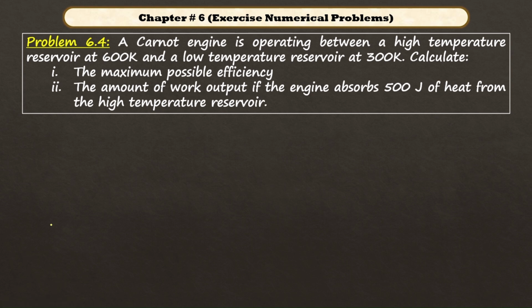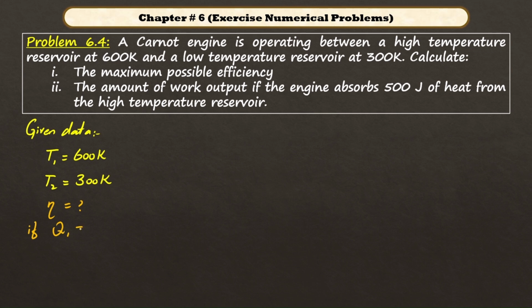So given data, T1 is equal to 600 Kelvin and T2 is equal to 300 Kelvin. Eta is equal to question mark, and if Q1 is equal to 500 joule, then W is equal to question mark. Solution: